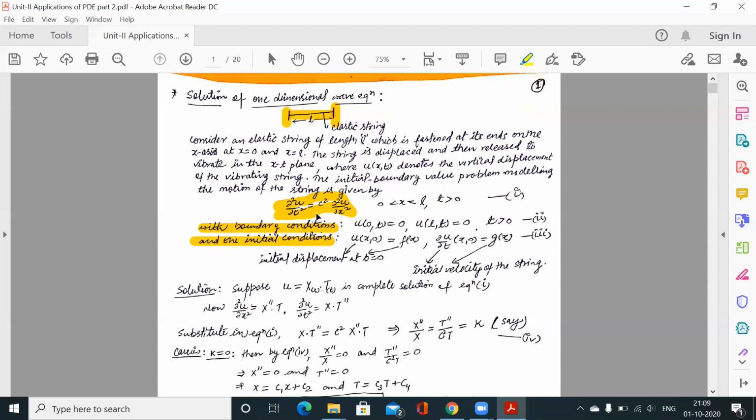So we will get a relation, means solution, a relation between dependent and independent variable. Whatever solution we will get, that function is u(x,t). Then there are the boundary conditions, means at this point and at this point, at the boundaries. At the boundary x is 0, the vibration is not happening. Similarly at x is equal to L, at this end we also